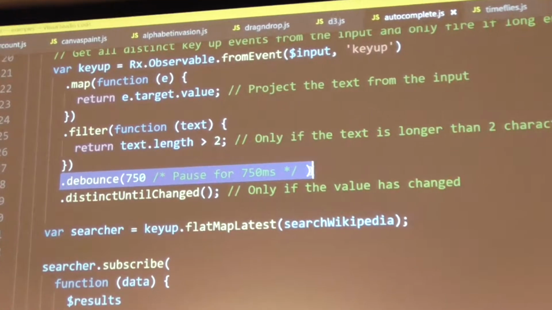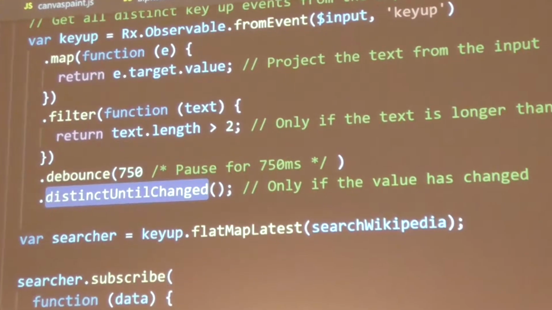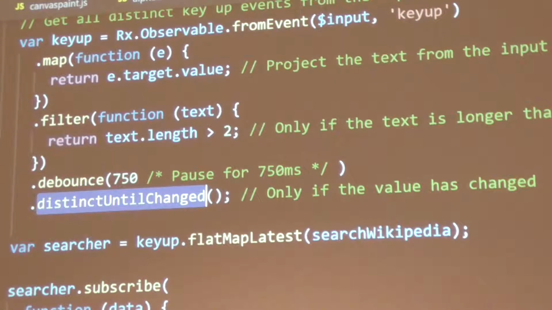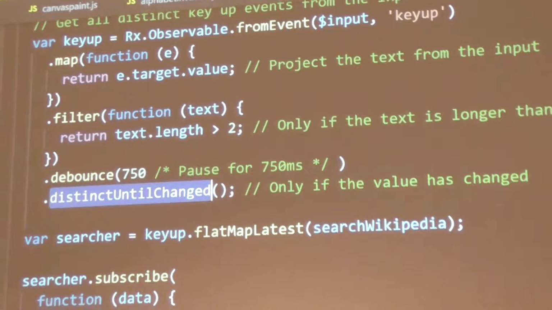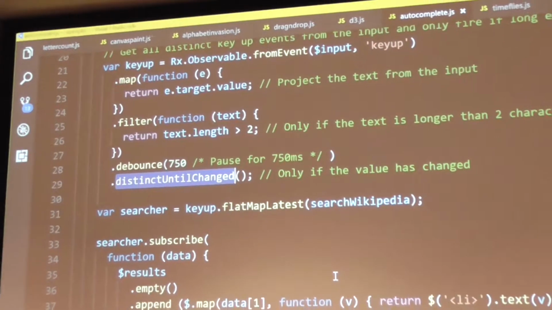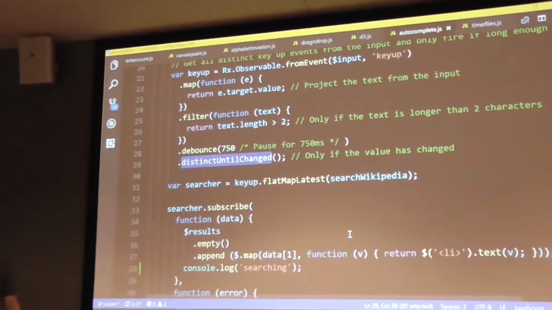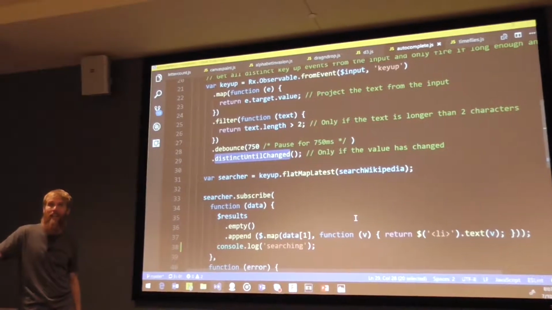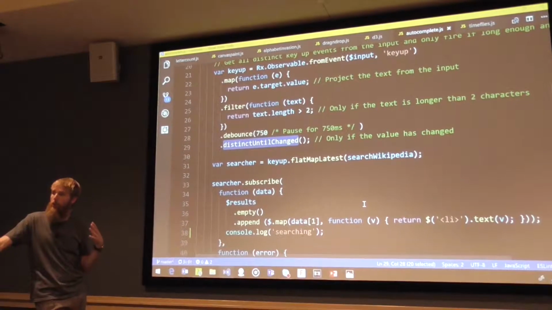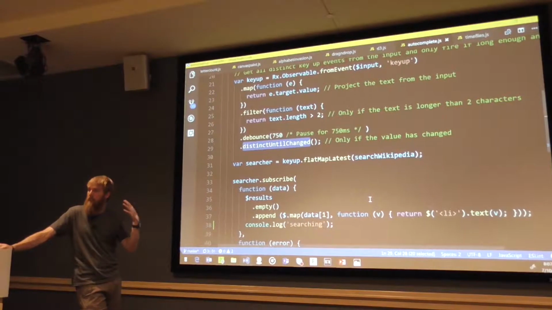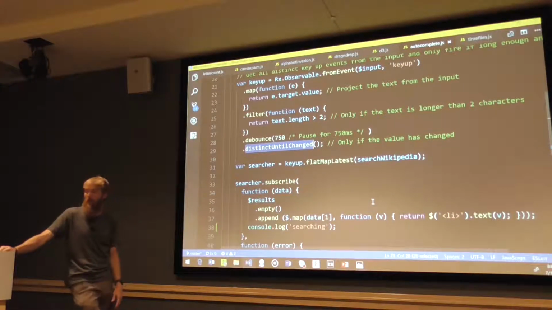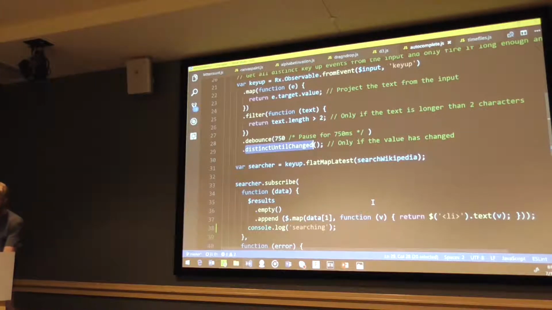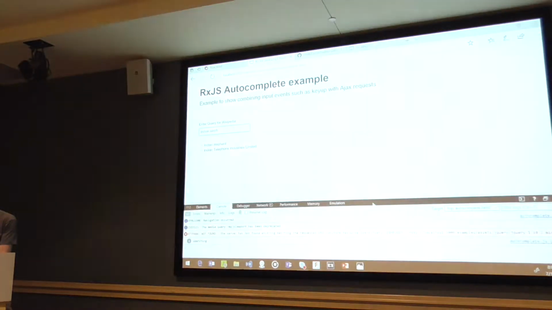Debounce for 750 milliseconds, and then do a distinctive change. So in other words, if I didn't change anything about my search box, don't do another search. I just gave you the results for that. And so one-line operators like that end up doing a lot of state management and cleanup for you, and they make your life easier. Now the next couple I'm just going to show you so that you can go look up the